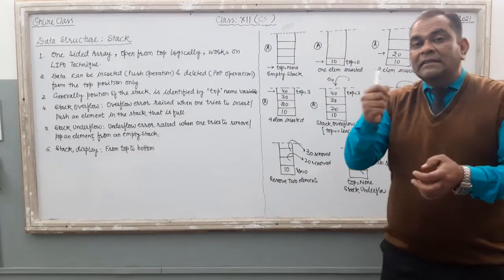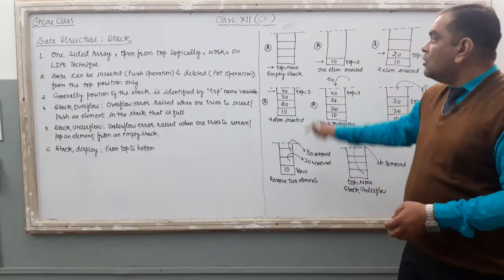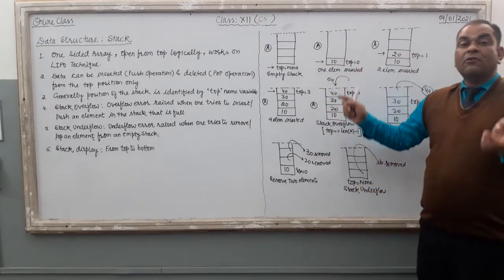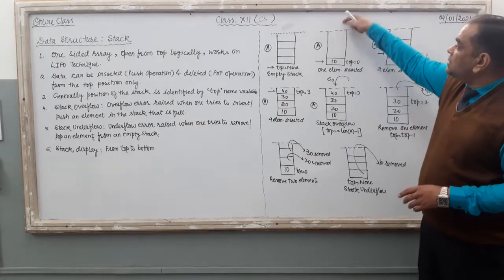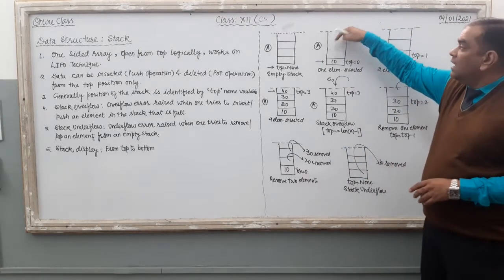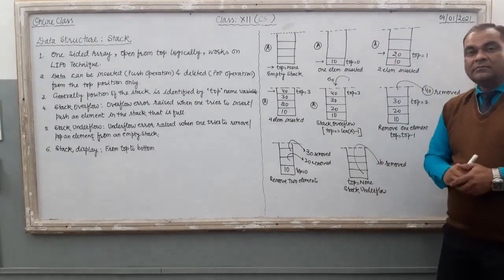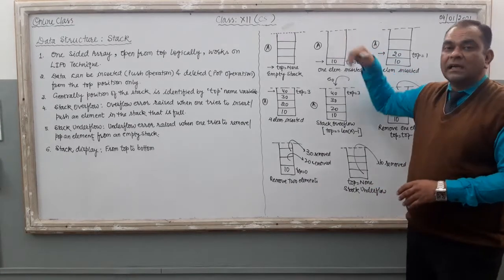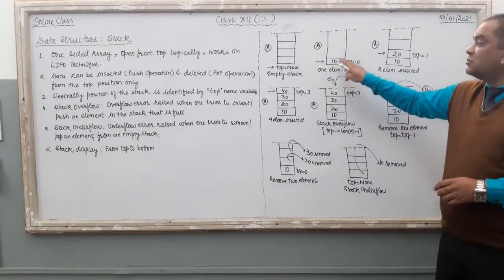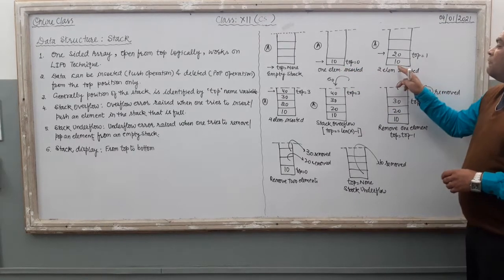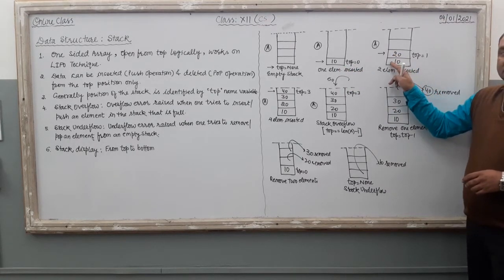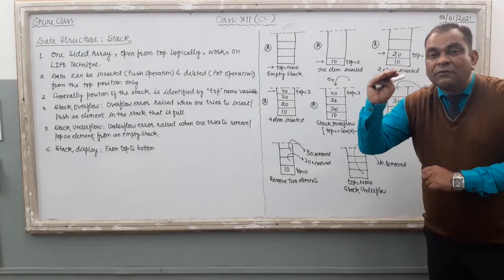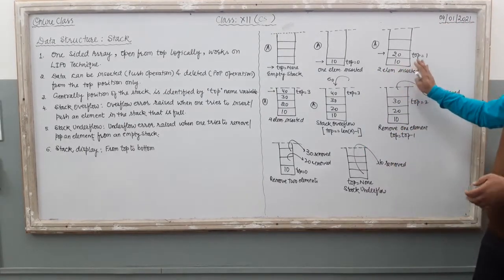So if you want to insert any element in the stack, you use the top surface for inserting the element. Just see, if I want to insert 10 in the stack, I insert it from the top, and then the element is inserted in the stack. Once you insert the element, it directly goes towards the bottom side. So one element is inserted. Now if you want to insert two different elements, the 10 is there at the bottom and 20 is there at the top of this 10. So this is the stack implementation.